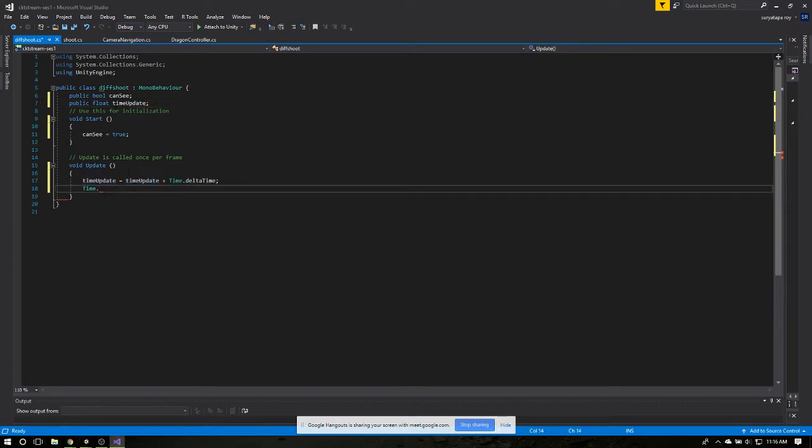If it's not very clear to you, don't worry about it. It will become clear as you work on these things more and more every week. Now time update is a float value, and when you hover over this, you see that this function also returns a float value, so you can add this and update this at every frame. Now I'm saving this,